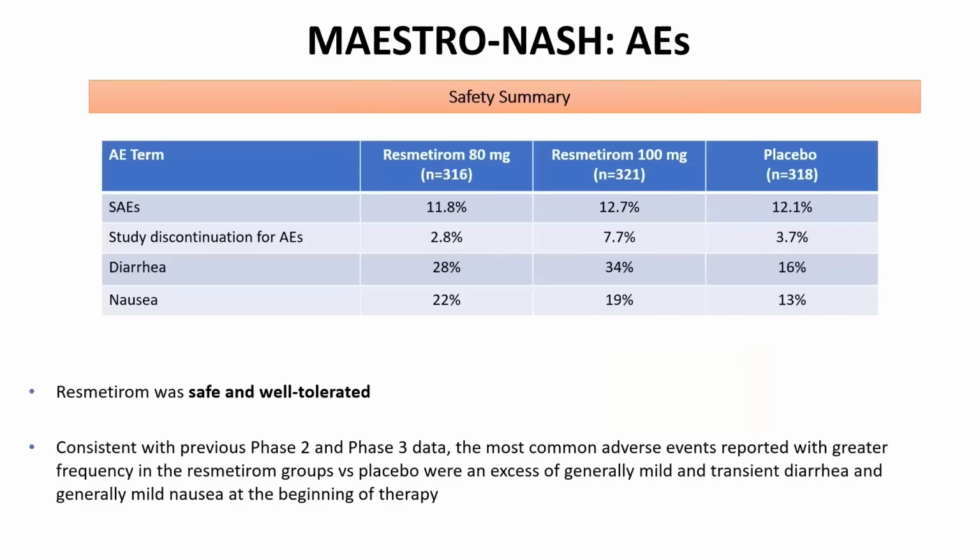The drug was actually very well tolerated. So the only 2 adverse events that were more common than the placebo arm include the diarrhea, which is typically a transient diarrhea that lasts for 6 to 12 weeks, and then it subsides. But this is something that if you're going to prescribe resmetirom, you should be discussing with your patients and maybe provide them with the strategy how to manage this transient diarrhea. And then nausea was also more common with resmetirom, otherwise well-tolerated medication.